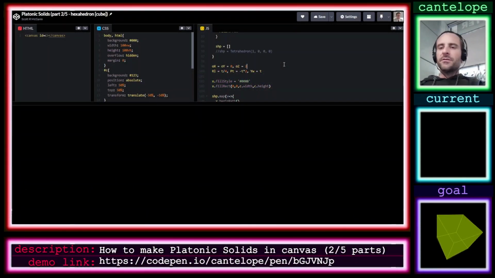Greetings again, this is Scott, Cantaloupe to Some, with part 2 of how to create Platonic Solid geometry in the Canvas API. So I'm doing a cube this time, if you're following the series, and this is going to be